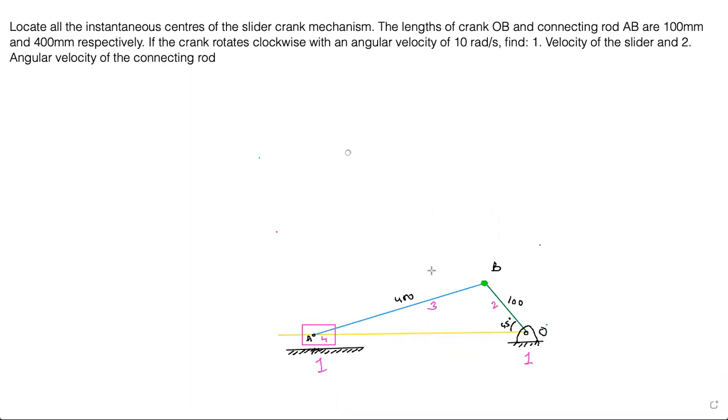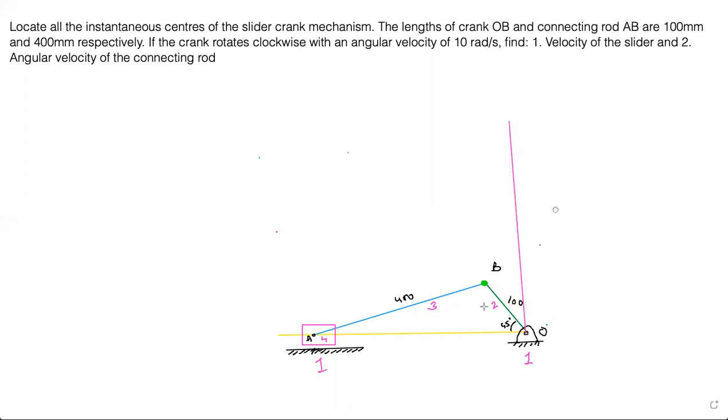First thing you do is draw this configuration diagram based on your scaling, or draw it as it is. If you're able to draw a 10 centimeter crank, like 100 mm is 10 centimeters, and a 40 centimeter connecting rod, you can draw it as it is, not an issue. Or else you can take a scaling and draw it. First, you have A and O points, right? Perpendicular to AO, it means a vertical line, just extend it. Extend this line to the top. So this is the first step.